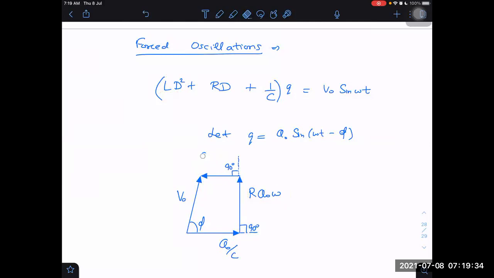What will that be? That will be equal to, double derivative will give us omega square into Q naught. The sign will change into minus sign. That's why it is in the backward direction. Now, if it is the omega t minus phi direction, it will be the opposite of that. It is which phase direction? It is minus phi plus 90 degrees. And this vector is here, minus phi plus pi, like this.